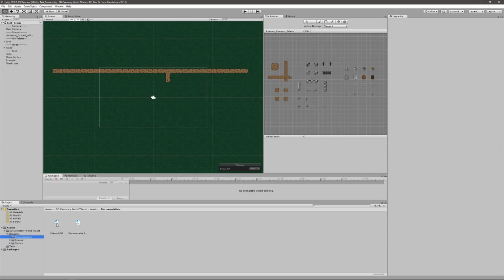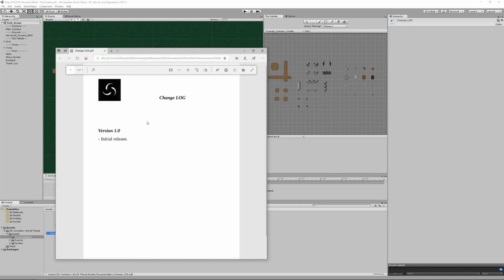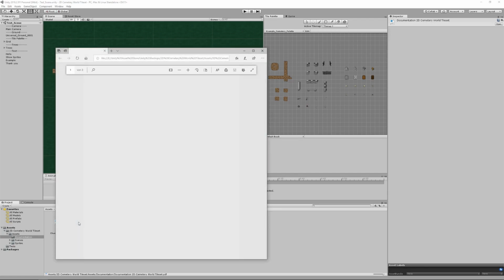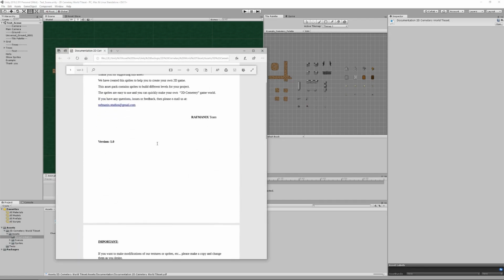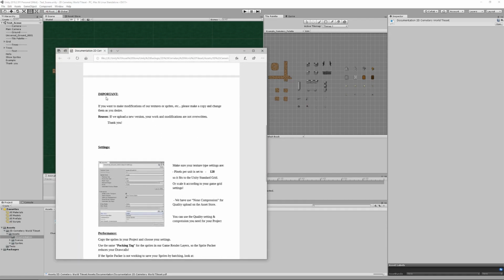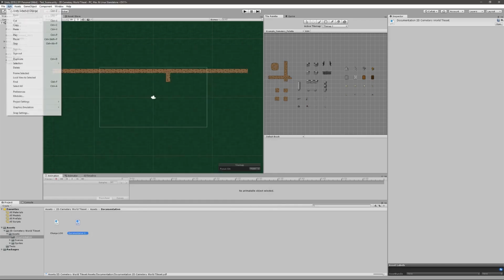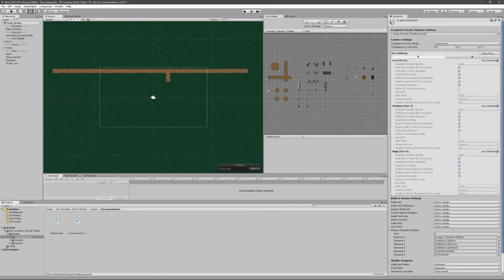In the documentation folder, we have a changelog. We always have one. If you need it, that's your decision. Here in the documentation, you have to explain your product. You also have to document changes in the editor of the program.